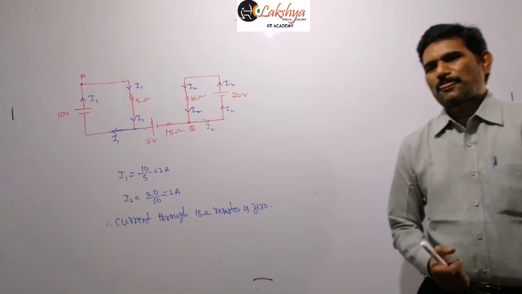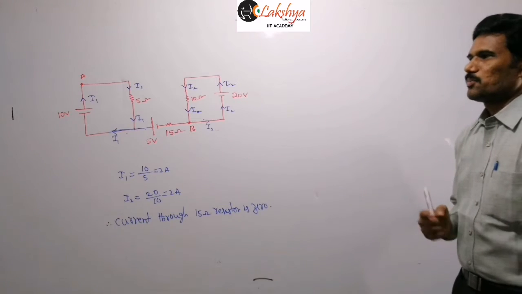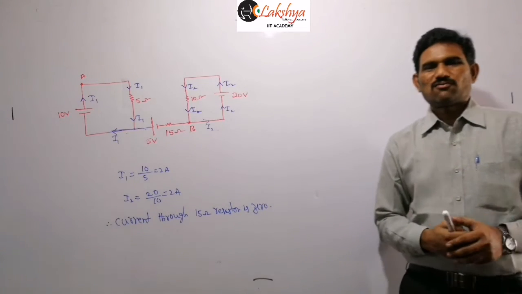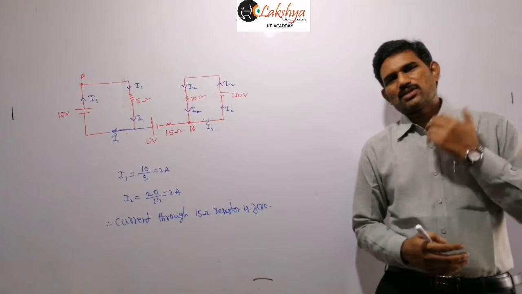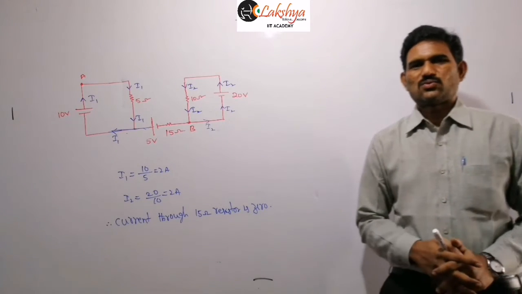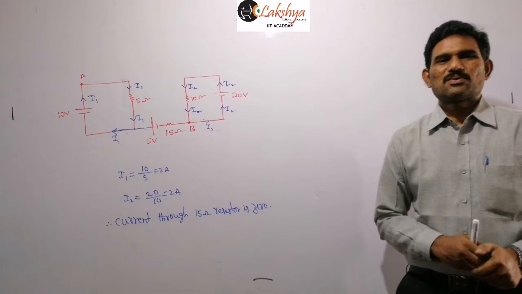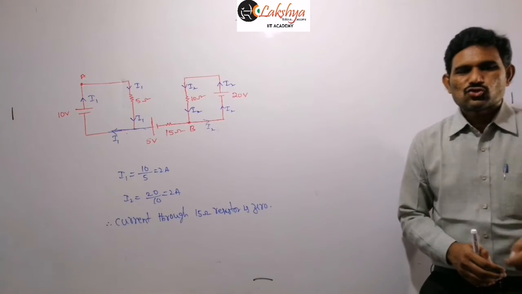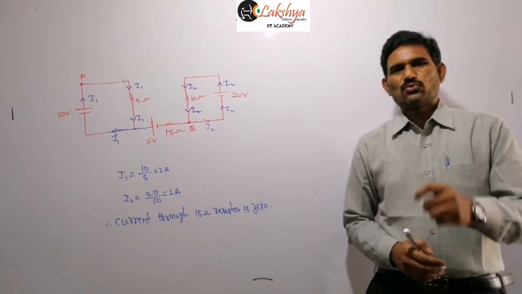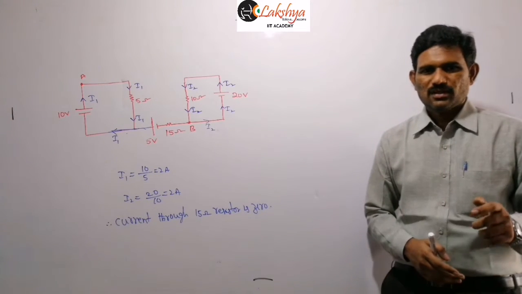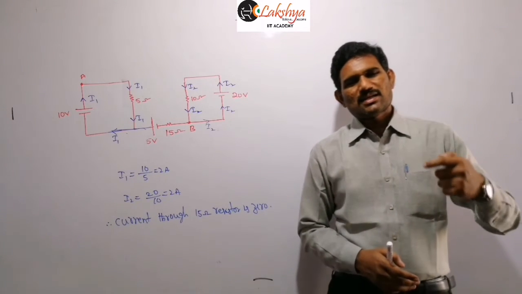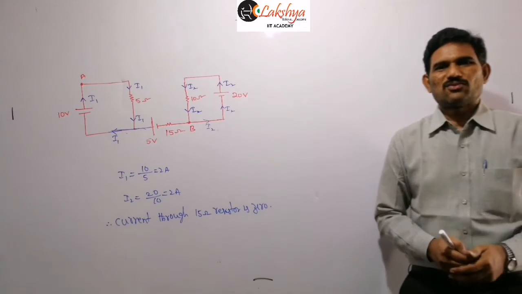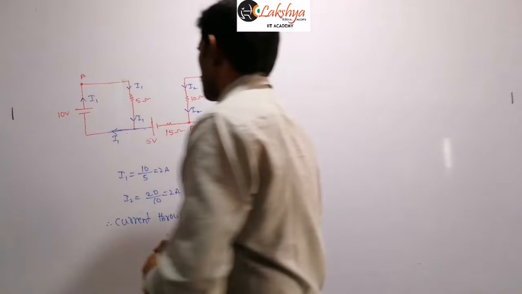And next here, the potential difference we need to calculate, the potential difference between the points A and B. As I said, with the help of this Kirchhoff law, you can calculate the potential difference between any 2 points in the circuit. So to find the potential difference between any 2 points in the circuit, simply what we will do is, we assume an imaginary cell is connected between those 2 points, whose EMF is equal to the potential difference between those 2 points. So you may mention that.